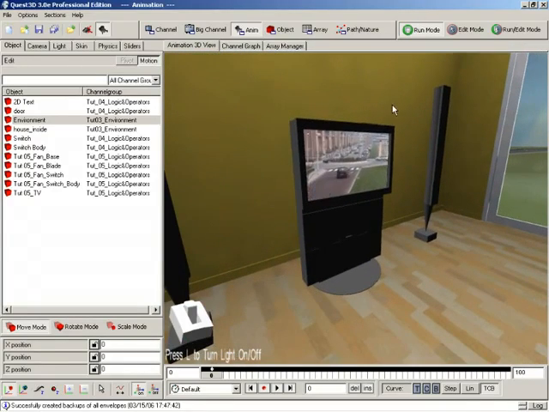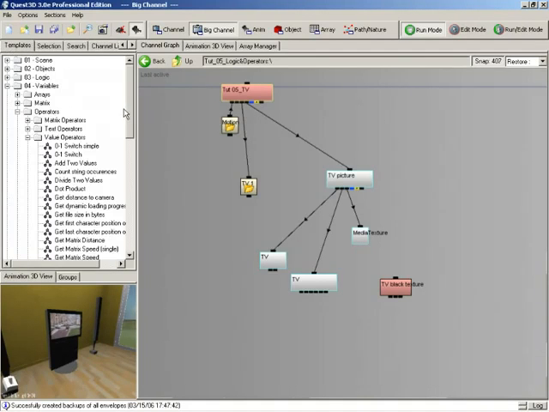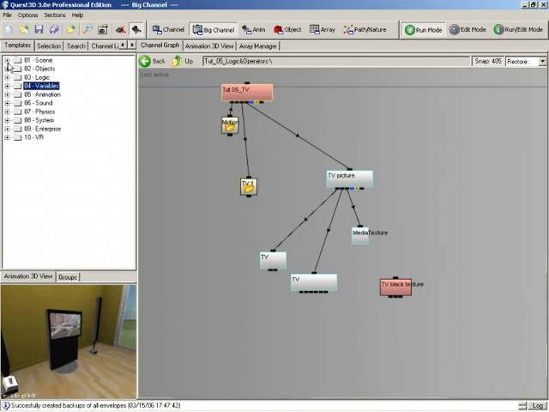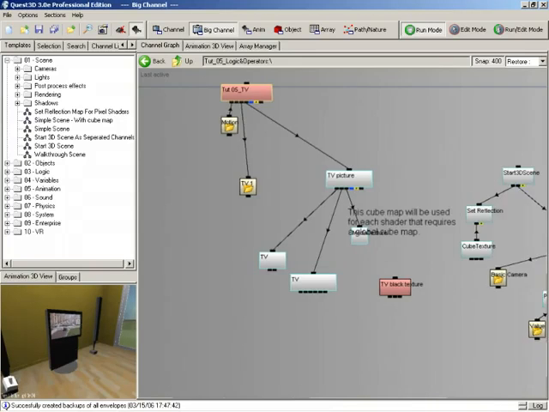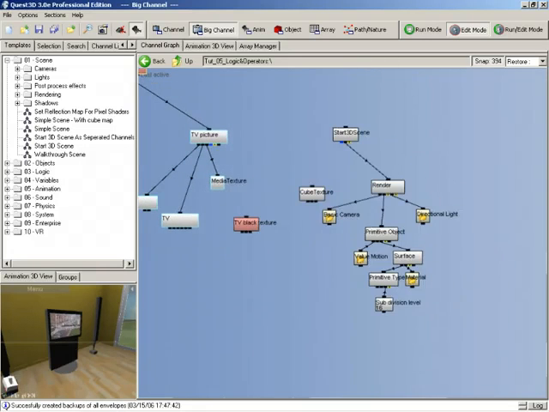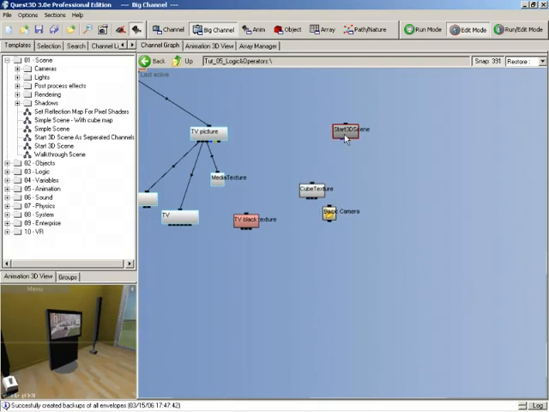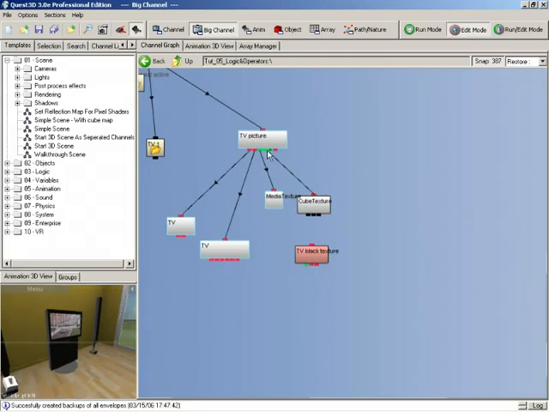But what we might want to do is add a reflection over the top of this. TVs mostly have a fairly reflective surface, so let's create some reflection on top of that. So let's go to our templates and get our cube map again. If we go into scene and simple scene with cube map, what I'm going to do is just delete all of the channels except for our cube map texture,